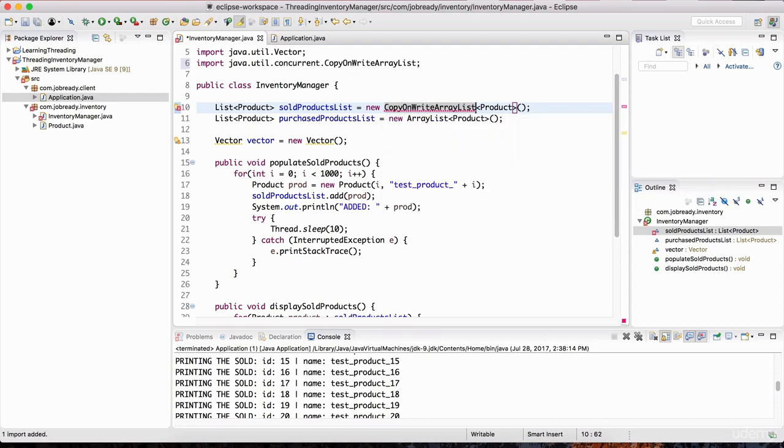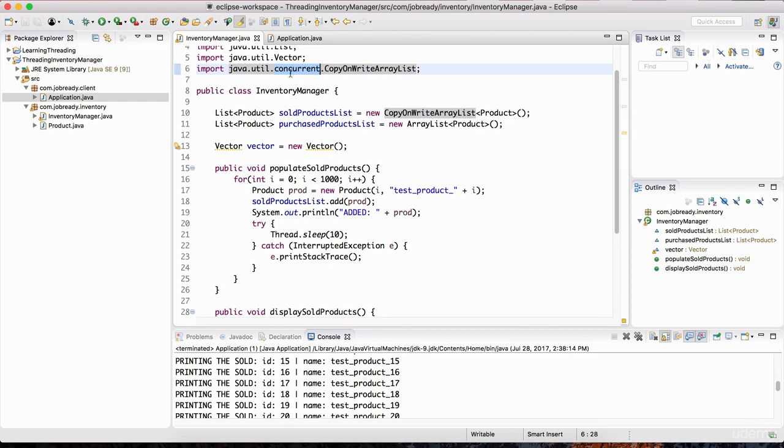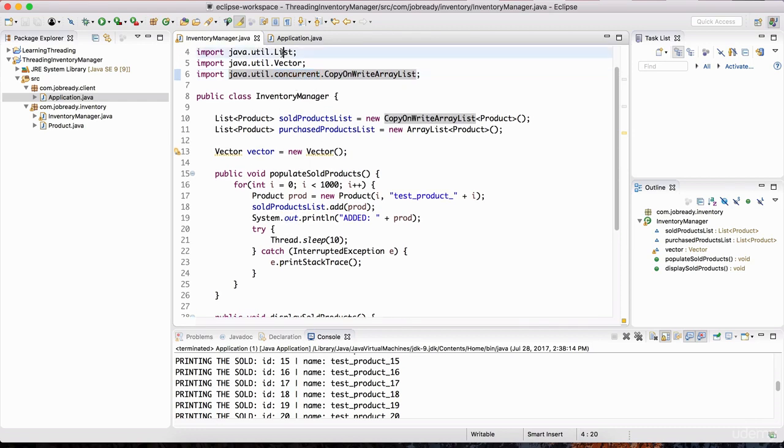And do a Control-Shift-O to bring in the import, and you'll notice that this list is coming from the java.util.concurrent package. Okay, so in your multi-threaded programs, when you have a collection of data, make sure that you're using the collections from the concurrent package, not from the regular util.list. So this works essentially the same way as an array list, except if you go into the body of this